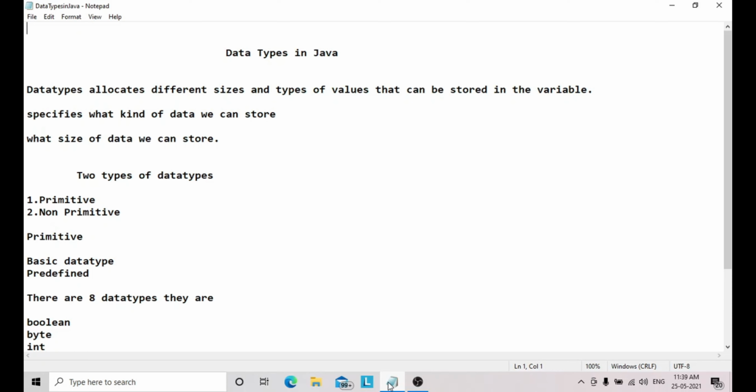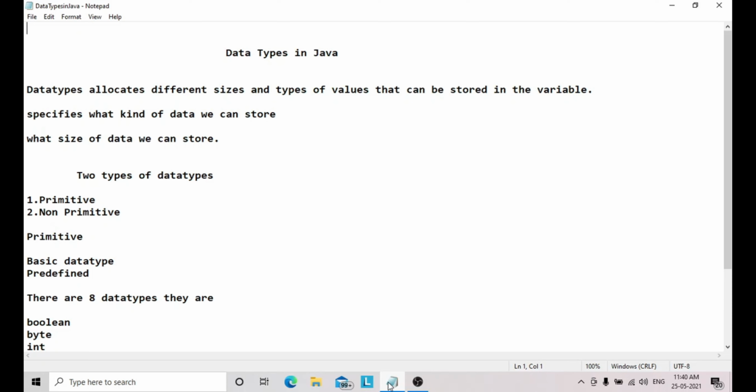While writing programs, we are manipulating different kinds of data. Take the example of calculating the sum of two numbers. First we have to specify what numbers we are calculating: decimal numbers, integral numbers or integer numbers. So we need these two numbers, and after performing the addition operation, we want to store that sum or result into another variable.